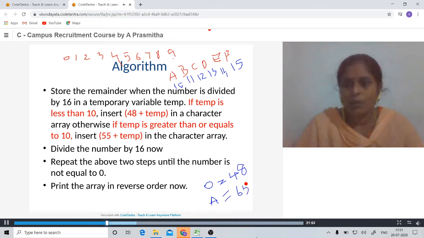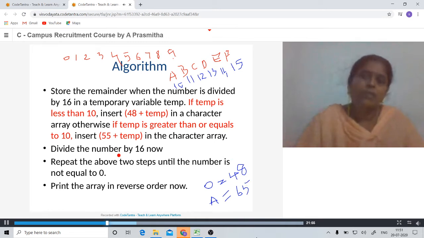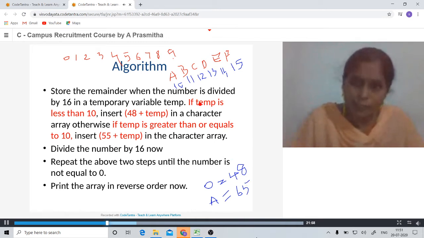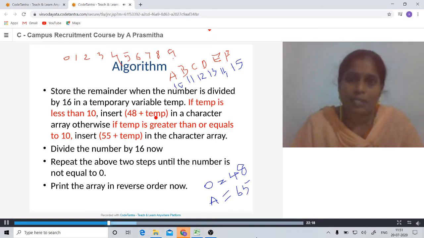Based on that, if the value in temp is less than 10, it is one of the digits between 0 and 9. Digit ASCII starts with 48, so we add 48 plus temp to convert it into a character. If temp is greater than or equal to 10, how can we convert it?